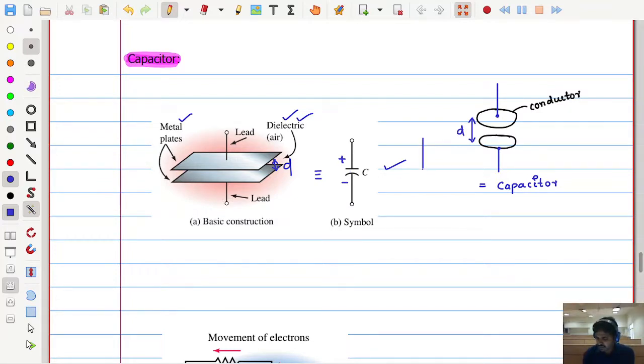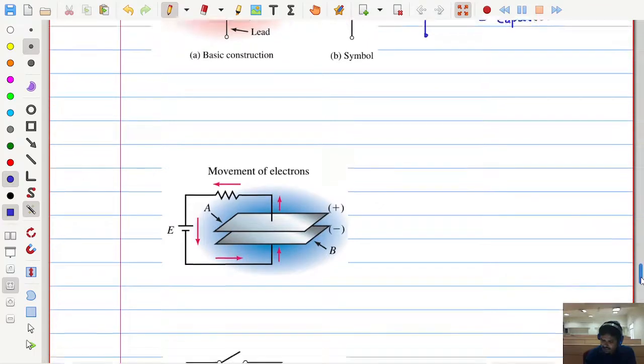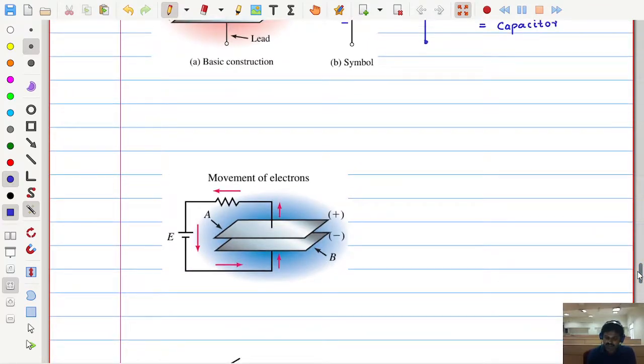If you see the capacitor symbol with both as straight lines, this means it is non-polarized. It means we don't know which is the plus and which is the minus. The upper side plate can be positive, or the lower side plate also can be positive, but not simultaneously. If one is positive, the other one is negative. So we can turn the capacitor terminals in whichever way we want. Clear?